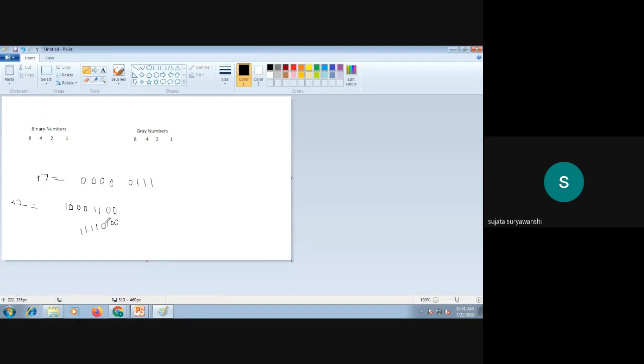Then add this to the plus 7. Here 1, 1, 1, 1, and then 0, 1, 0, 0. Your answer will be 1 plus 1, sorry, 1 plus 0, 1; 1 plus 0, 1; 1 plus 1, 0, carry 1; 1 plus 1, 0 plus 1, 1. Then again here, 1, 1, 1, 1. Carry is not generated. Okay?